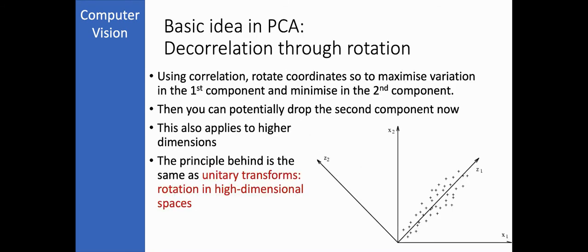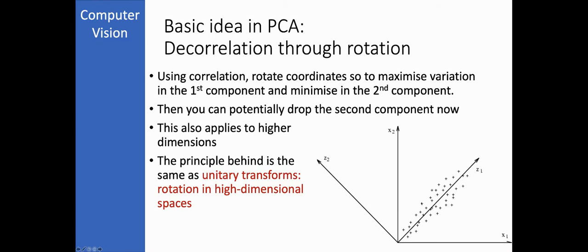So the basic idea in PCA is to achieve decorrelation through rotation. Using the correlation structure that we see in the x1 and x2, for instance, we will rotate the coordinates and obtain the new coordinate system z1 and z2, such as to maximize the variation in the first component and minimize the variation in the second component. So we see that if I rotate the coordinate system, now the variation in the z1 component is very large. By variation,